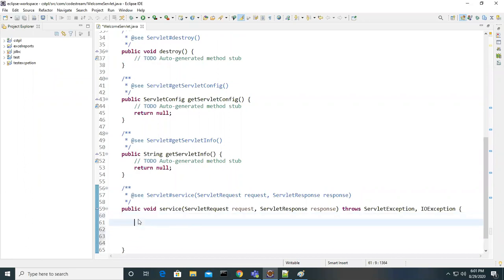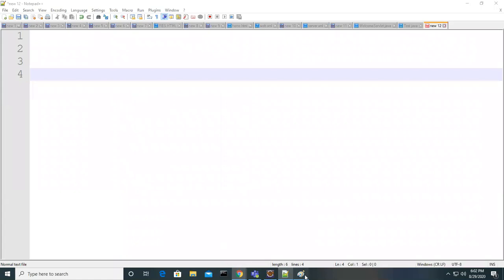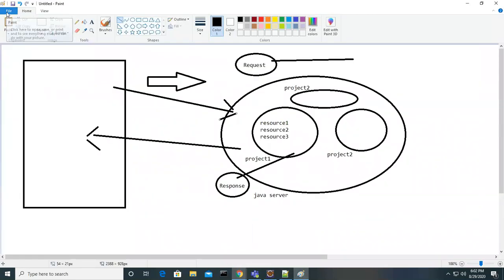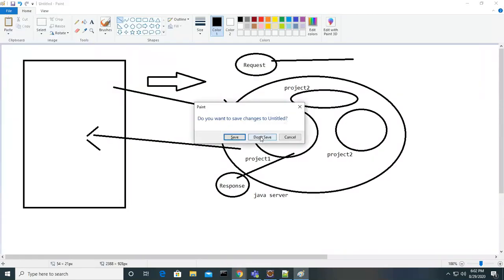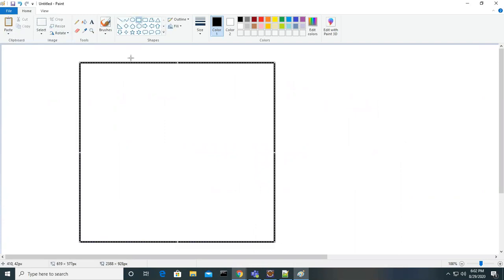Then whatever logic you keep inside the service method will be executed by the JVM, because this is a Java program. Your responsibility here is, you send a request and you want some response. Let's say my requirement is simple, just for understanding the entire flow.